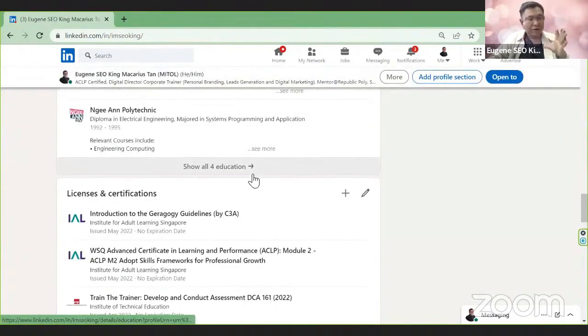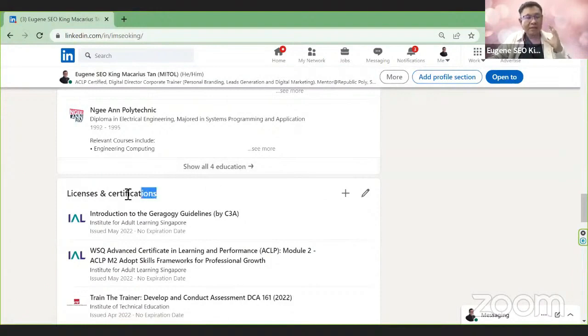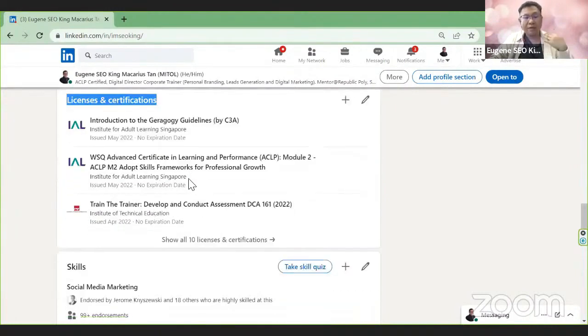So very often, more often than not, people will leave this licenses and certifications portion blank. Although you need to take some time to update this, I think it's very important because the more you update, the better your profile will appear on search. And that's why I was able to get a couple of hundred appearances on search every week,